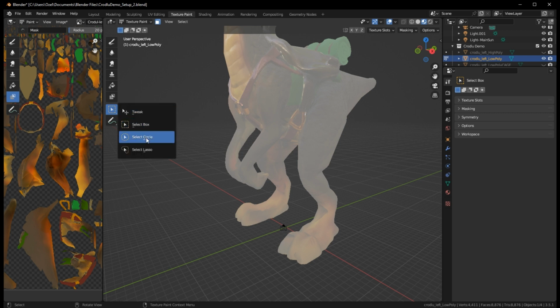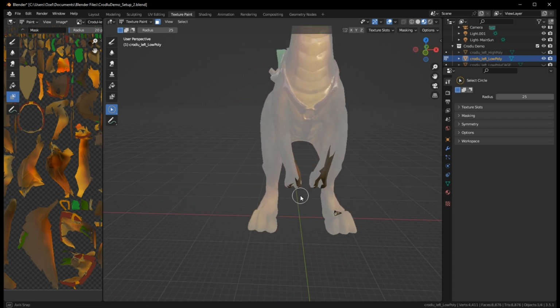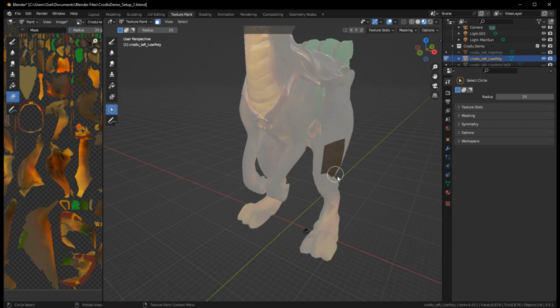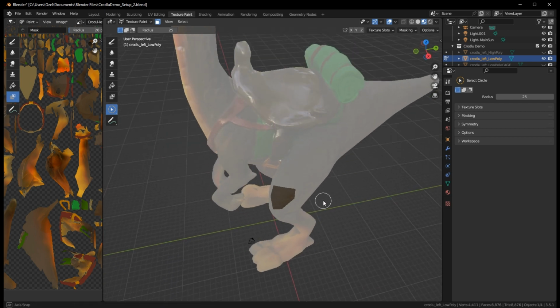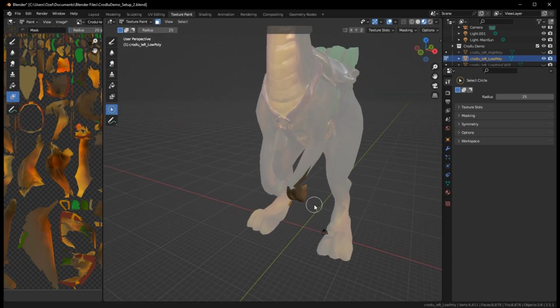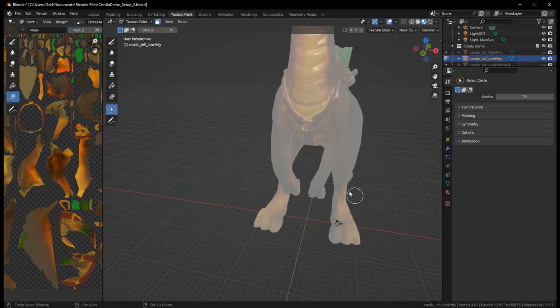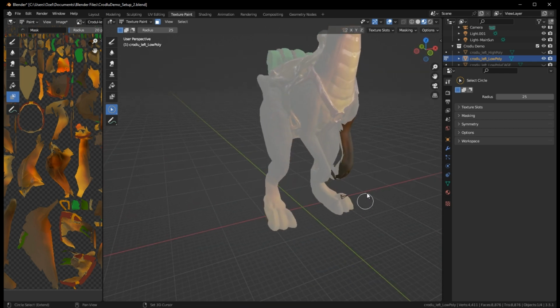So in this case, I'm going to choose my select circle. Now what this allows me to do is select faces. Now you'll notice even though I'm selecting just this spot, it might select a larger area because it's based off of the actual low poly faces. But if I were to take this and just select the arm manually, then I could have that selected out